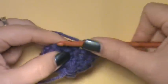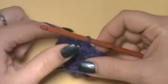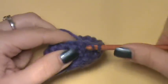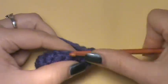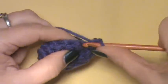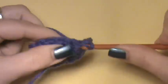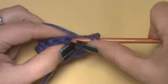So 1, 2, and then you're going to do 3 singles into this next stitch. So 1, 2, and 3. And now you're going to do a single into the next 2 again. So 1 and 2, a half double in the next,